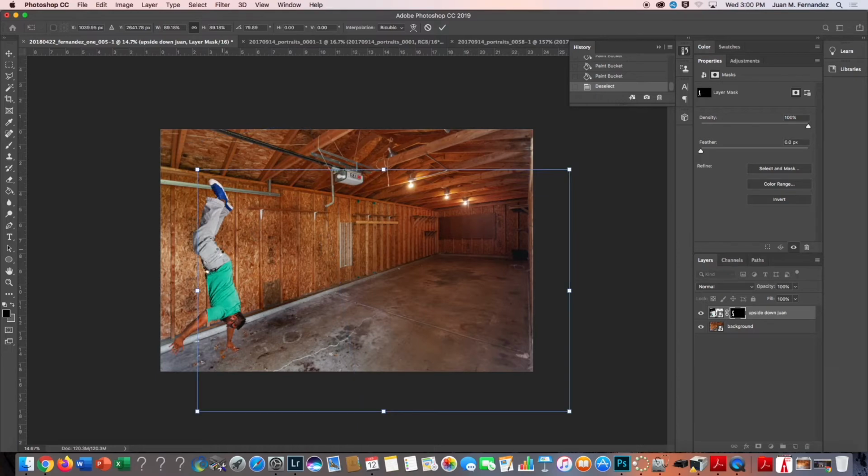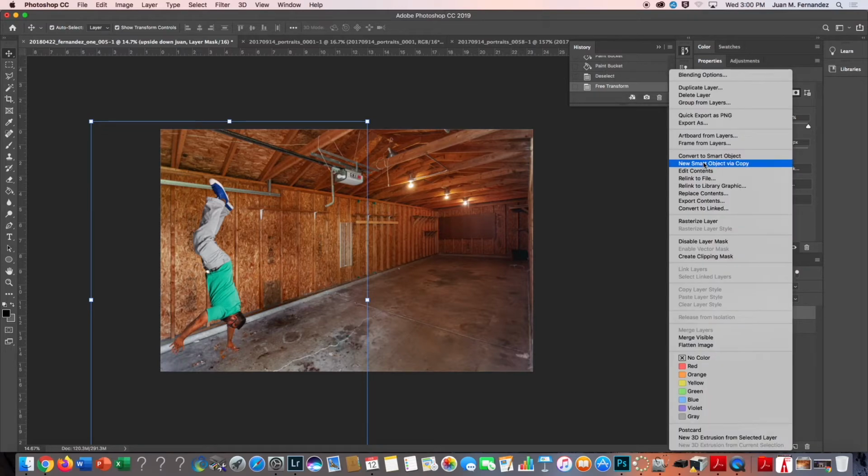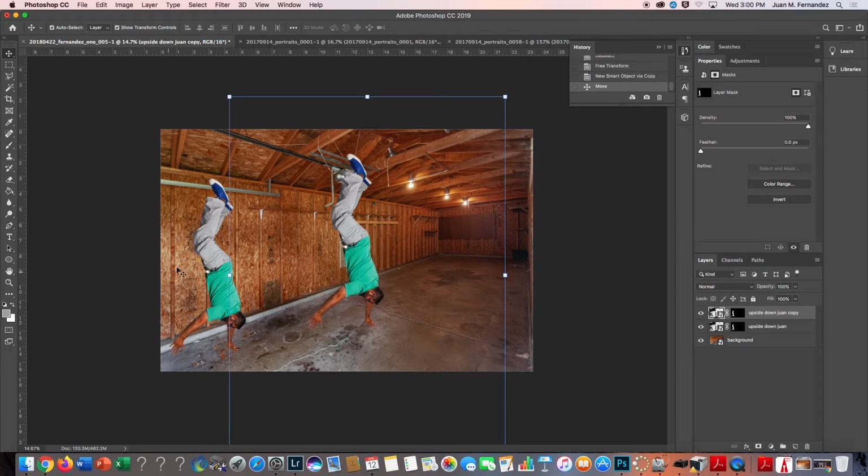Double click, it sets it in space. I'm going to actually do another one. I'm going to copy this layer, but rather than just doing a straight copy, I'm going to click on where the name is and change it to new smart object via copy. If you guys remember, this was specifically so that we can have 2 different raw files here, because each one of these, because they're smart objects, are raw files. So now when I take this one and move it over, it won't affect this original one. It'll be its own individual